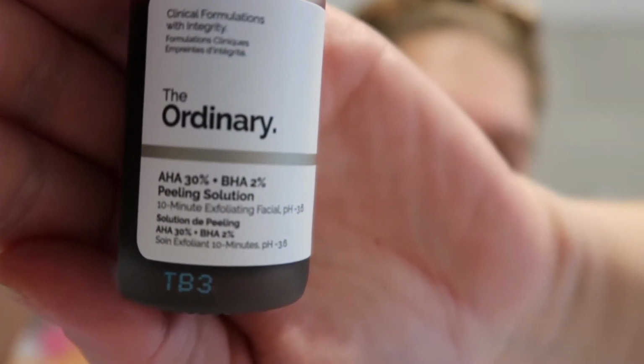but as you can see, it's AHAs and zinc, which is more of a chemical peeling solution. People are like, oh my god, chemical peel, skin's gonna fall off. But it's not, it's more of a chemical peel, exfoliation and mask than, say, a textured exfoliant. I find them a little bit abrasive on the skin, because that's more of a physical exfoliation, whereas chemical exfoliation is doing it more naturally without all that scrubbing. Your skin is really delicate, so you want to be really nice to it as much as you possibly can and not be too rough. I mean, it's a bit scary, it's like blood red, but